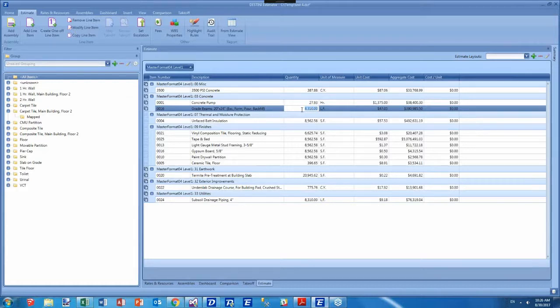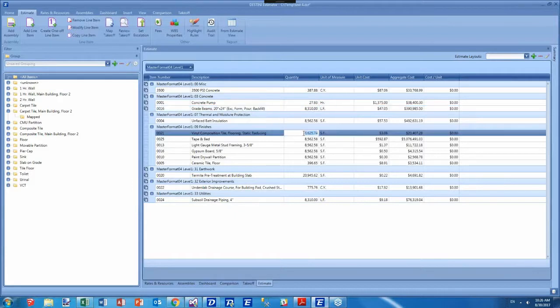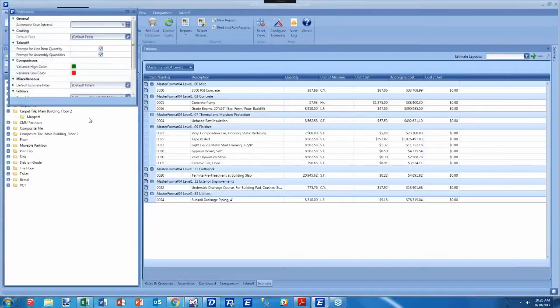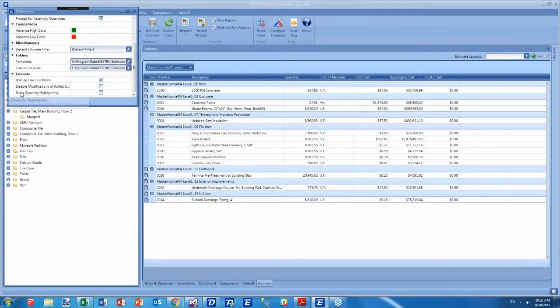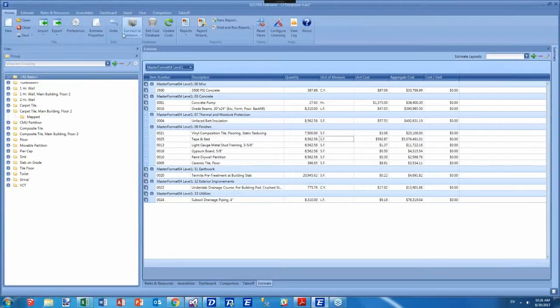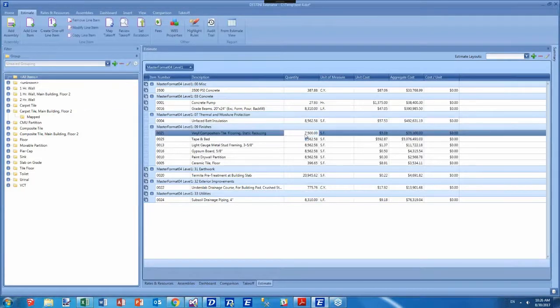So we still have the ability to color it orange, but if I come in here and I say this is 8,500, actually that's a roll-up item, let me get something else. So in this case, I'm going to say 7,500. If I do that, it'll just change it and it's not orange. Now you can always come back in our preferences. We still have the ability for this show quantity highlighting. I can turn that back on, and it'll highlight the things that I've manually set to be orange. So now if I come back in and I make a change, let's say,